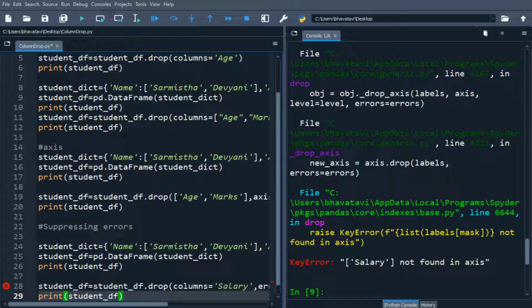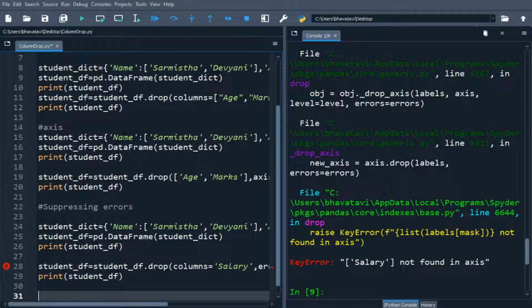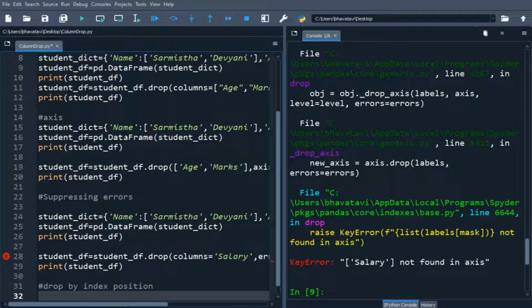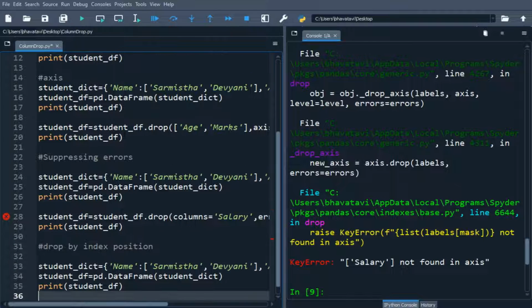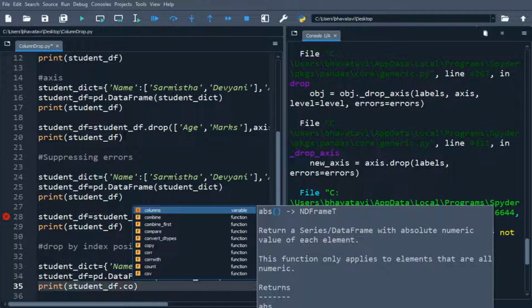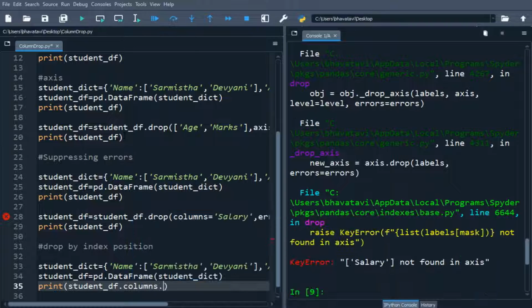Now we will be dropping the column by the index number. So let's do that by using position, drop by index position. Okay, so we'll be using the same data, and then let's see the current values of the columns. columns.values.